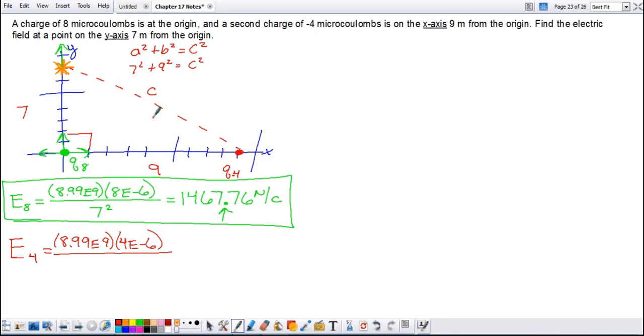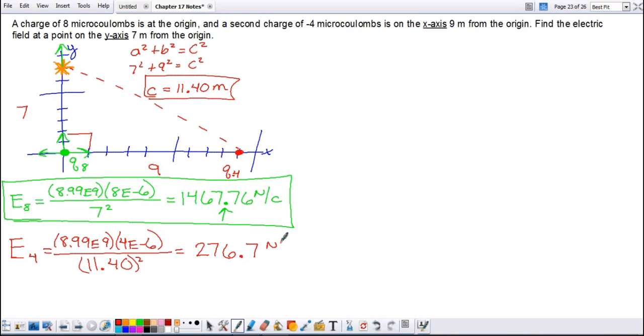We're going to end up with c approximately 11.40 meters. Plug that in down here, 11.40 squared, and we find that the electric field created by the 4 microcoulomb charge has a magnitude of